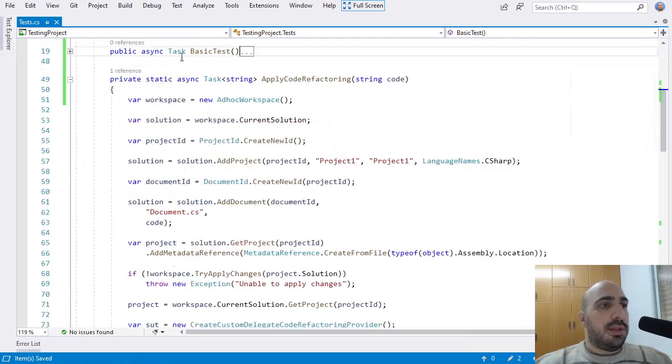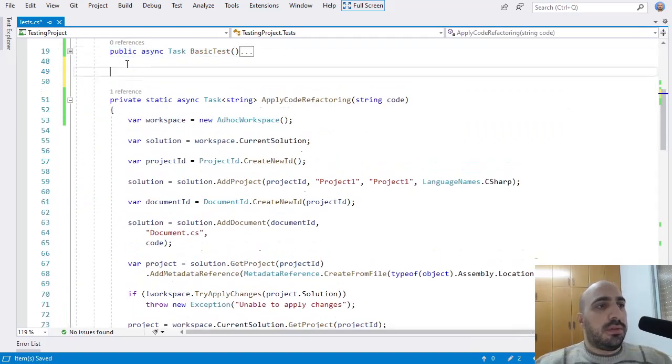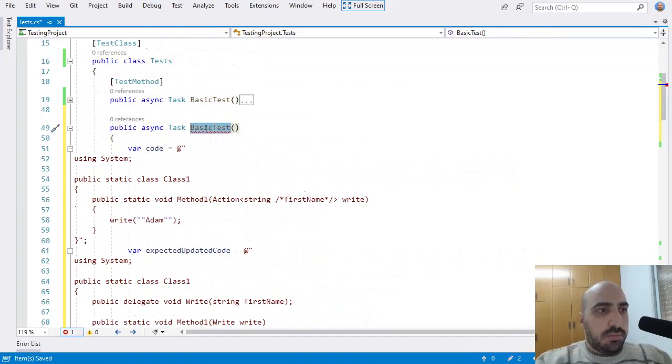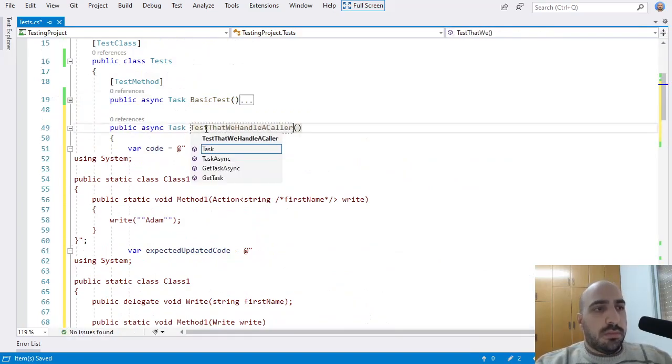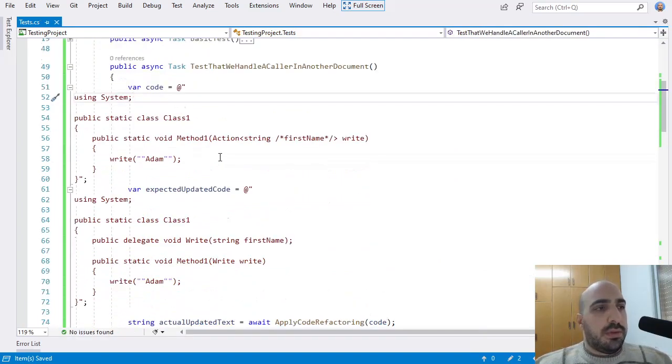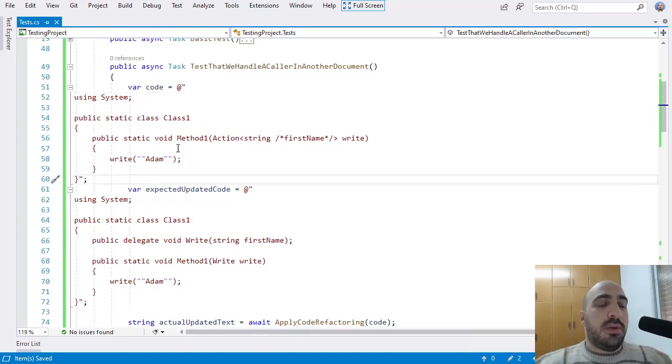Okay, let me copy this test. So in this test, I'm going to assume that there's another class in another document that calls this method here. Let me show you.